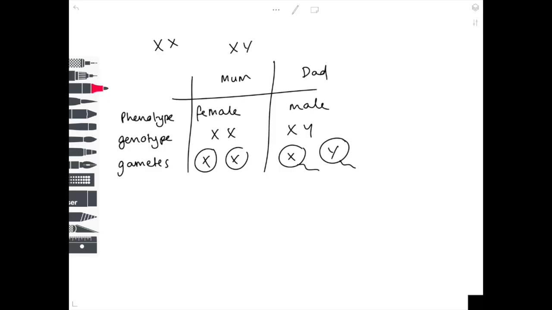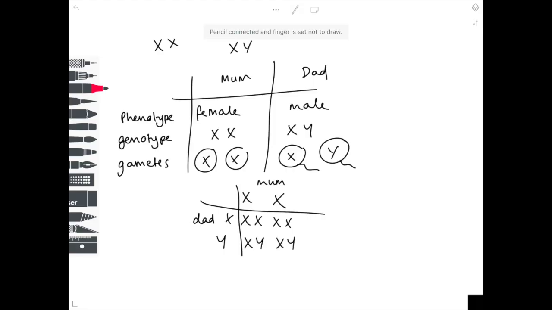And then if we look at the cross, let's cross the mum up here, the dad down here, and you see this situation which shows 50% are XX, so they're female, 50% are XY, so they're male. Although we know, based on that evidence, that the man's sperm determines the sex of their child,